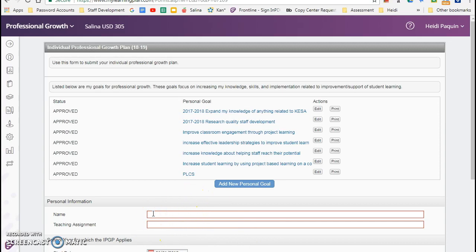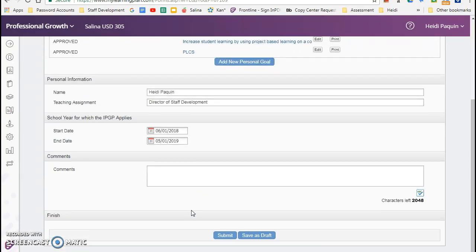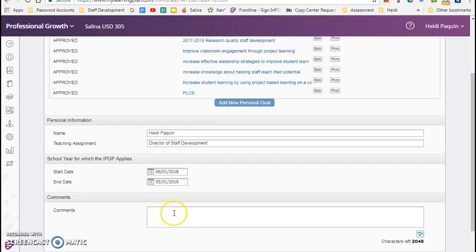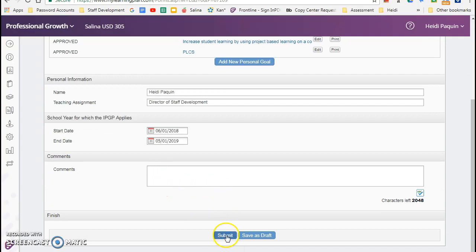And so right here, the last thing I need to do is fill out my name, my assignment, and then go back to, and if there are any comments you want to make, like if you decided to copy your goals from last year, you might put a comment in here, something that might say something like, I'm continuing my goals for this year because I didn't complete them. So if there's some kind of note you want to add about your goals, you can put it in that comment box. Then you click Submit